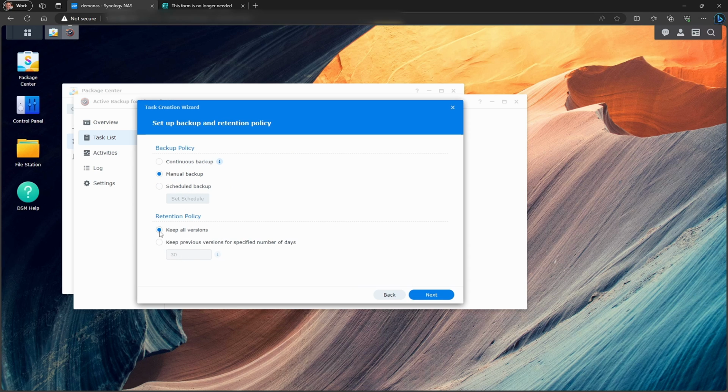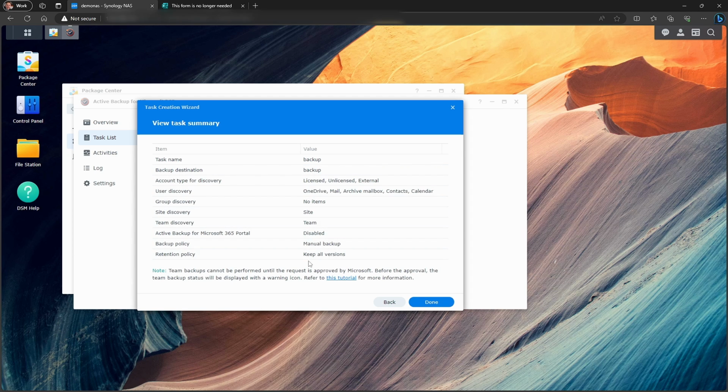And maybe I want to keep all versions of my files for retention purposes, and I think manual will just let me show how this works. So you can see we've got everything set up in there. We're going to click Done,